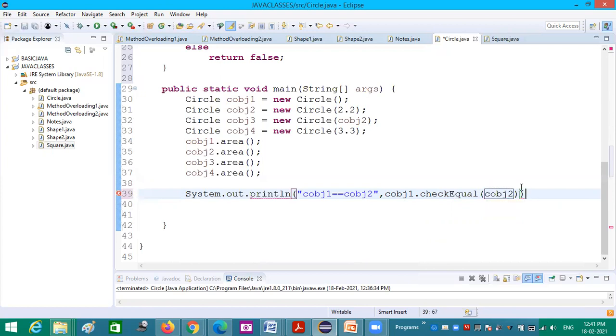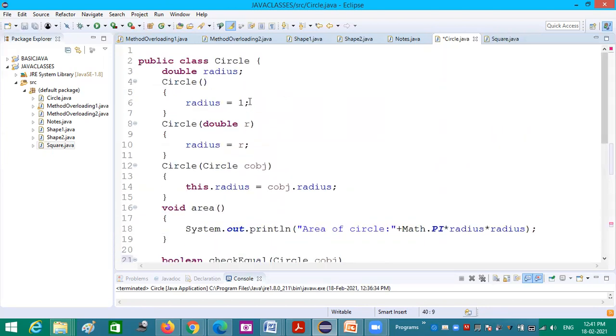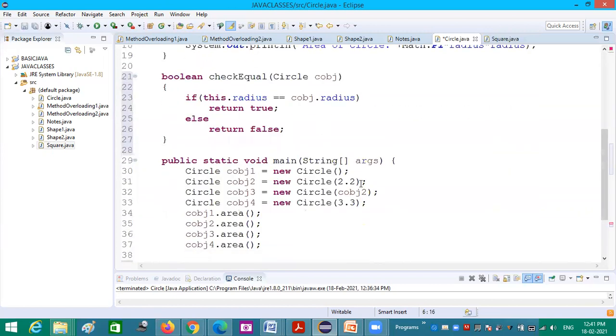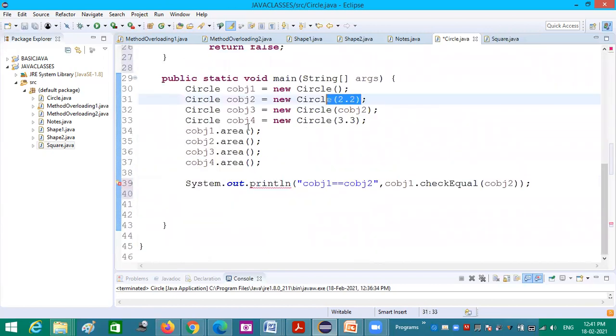Are the first two objects equal or not? You can guess whether both have the same radius value. No. The first one is a default constructor, so it will be assigned the value 1, and the second one is 2.2. So it returns false, obviously.